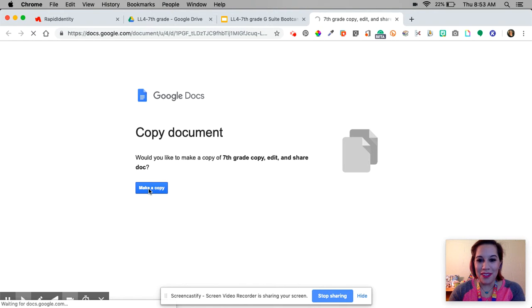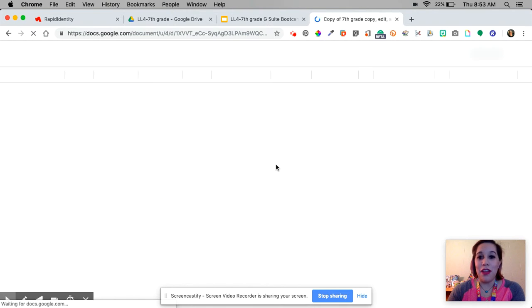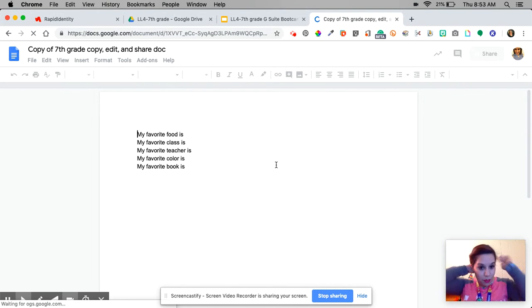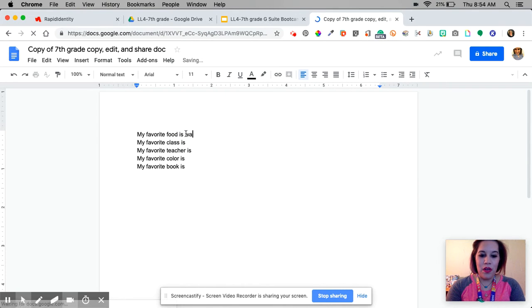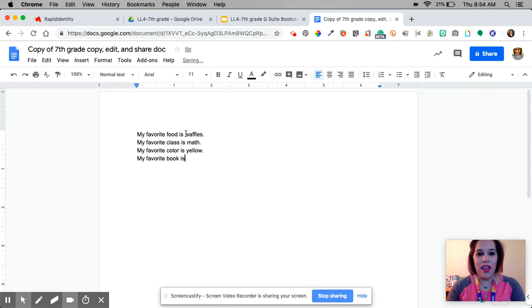So I'll just make a copy of it so you can see it. And it's very basic, very simple. What I did was I just made this really quick template and they fill each one of those in. So I'm just going to fill these in really quickly. My favorite food is, well, we got to wait for it to load. Waffles. My favorite class is math. My favorite teacher is, this one I'll usually delete and leave them to put it themselves because they like seeing who each other's favorite is. My favorite color is yellow, and my favorite book is The Princess Saves Herself in This One